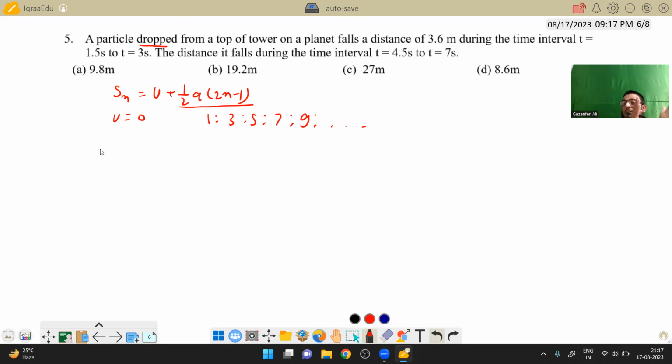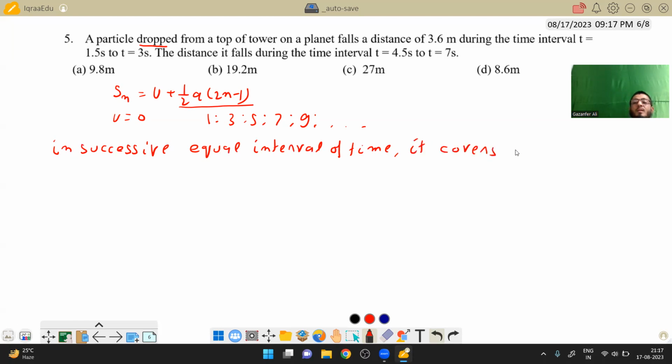In successive equal intervals of time, it covers distance in the ratio